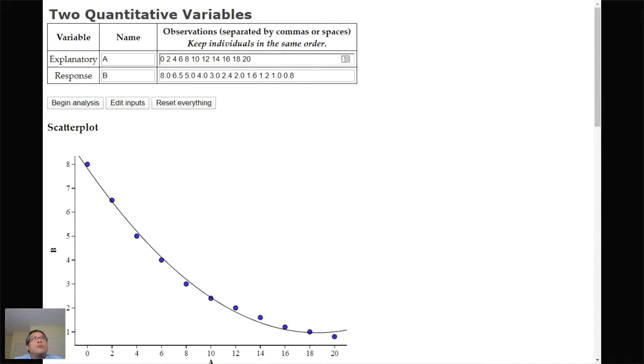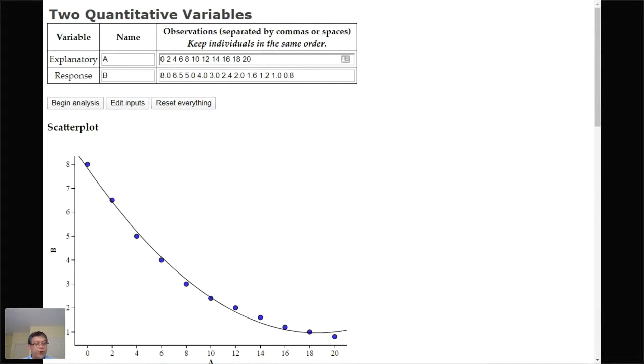Also, if I were to try to log transform the A variable, it wouldn't really work either. I generally only try two things. I generally only try the log of the response, the log of the explanatory, or the log of both. In this case, given the response, what I want to do is replace